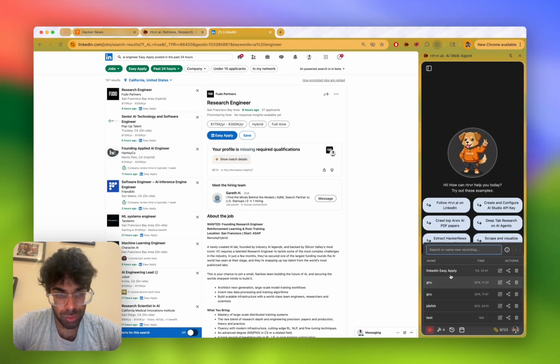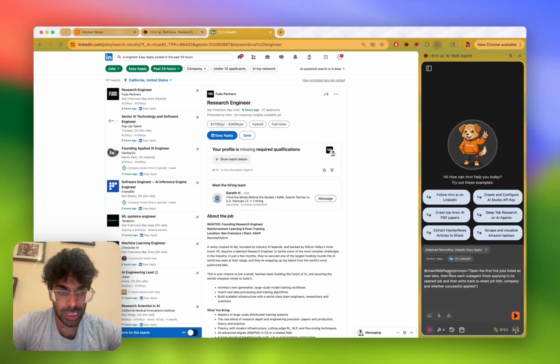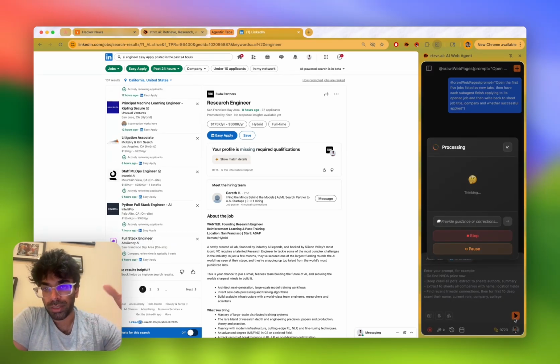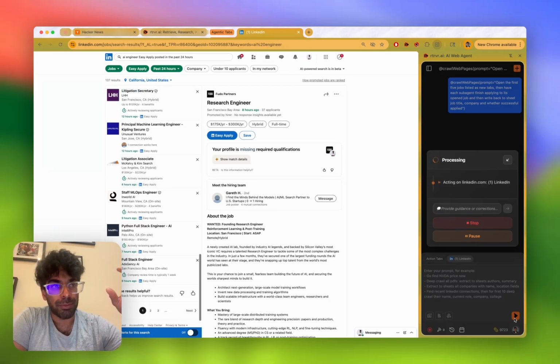And you could also attach recordings that get carried on to each subtask in the parallelized task. I had a previous recording of applying to an easy job that the agent could use for context to improve the success rate. And if I submit this to the agent, it should open the first five jobs as parallel new tabs and